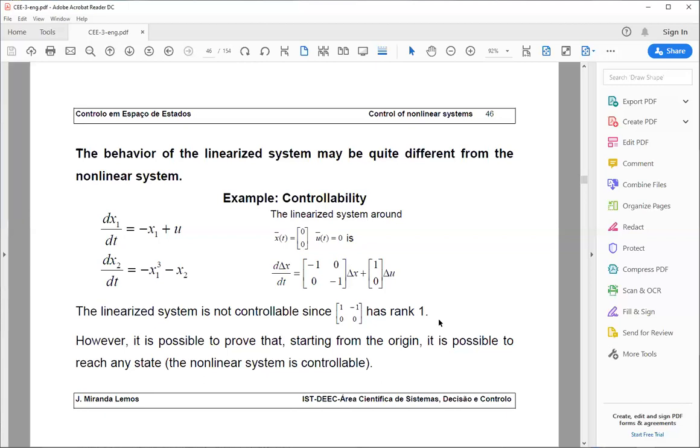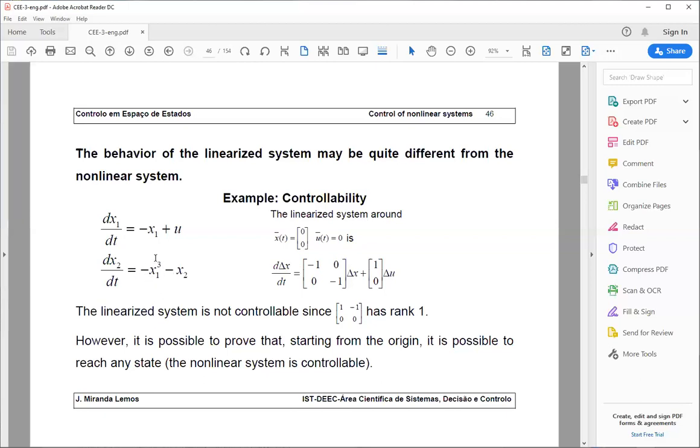But it's not proven in the slide, but it would not be difficult to prove that in the nonlinear system, you can attain all points around the equilibrium point 0, 0. So what is the miracle? The miracle is that